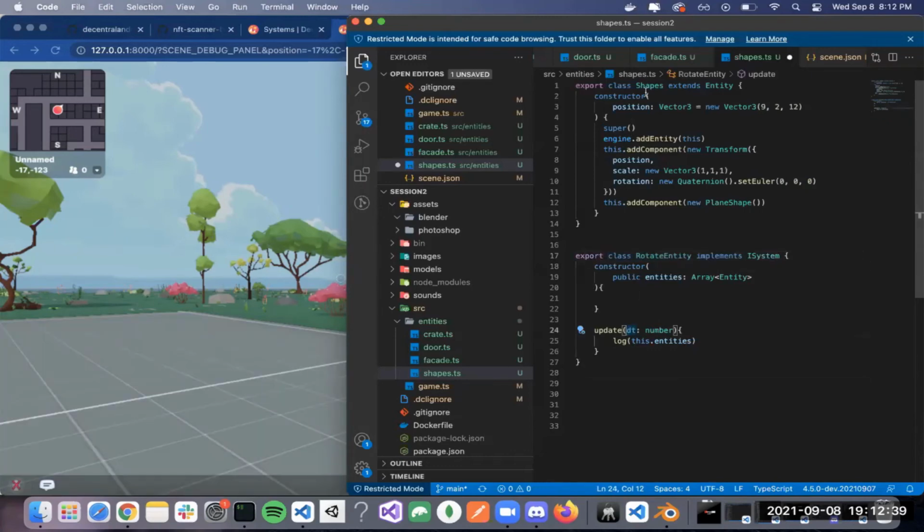So I'm exporting a shape, and I'm exporting this in the same file. You could break it out. Sometimes you might want to make a directory called systems. Kind of depends on your organization. But I want to get through this. Okay, so this gets executed. Okay, so let's go